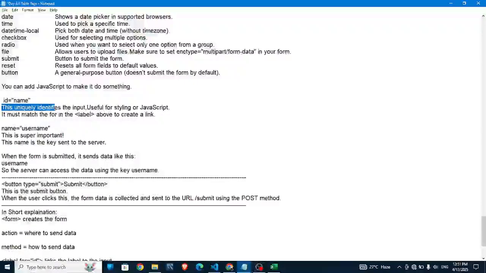आईडी, दिस इज यूनिकली आइडेंटिफाइज द इनपुट, यूजफुल फॉर स्टाइलिंग। आईडी क्या किया जाता है, इनपुट दे स्टाइलिंग के लिए यूज किया जाता है। नेम क्या करता है, दिस इज सुपर इम्पोर्टेंट, दिस नेम इज की सेंड्स टू सर्वर। ओके, ये नेम क्या करता है, सर्वर को सेंड करने के लिए यूजफुल होता है। When the form is submitted, it sends data like this username। ये सर्वर को डेटा ऐसे सेंड किया जाता है। So the server can access the data using key। ओके, ये की है ना, इससे डेटा आइडेंटिफाई कर देता है, एक्सेस करता है।